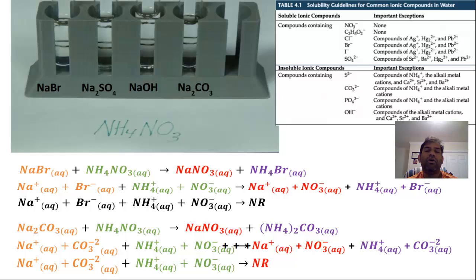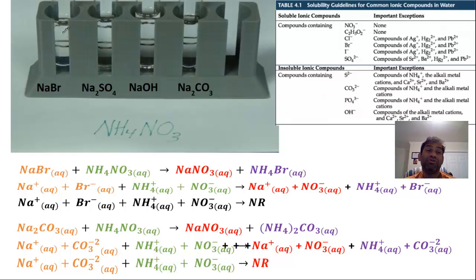In this video, we will go over how to write net ionic equations. So when you mix two aqueous solutions, such as ammonium nitrate and sodium bromide, both of them are aqueous. When you mix them together, you will get some sort of reaction. Now, in this particular case, if you notice, when we mix ammonium nitrate, NH4NO3, with NaBr solution, sodium bromide, we